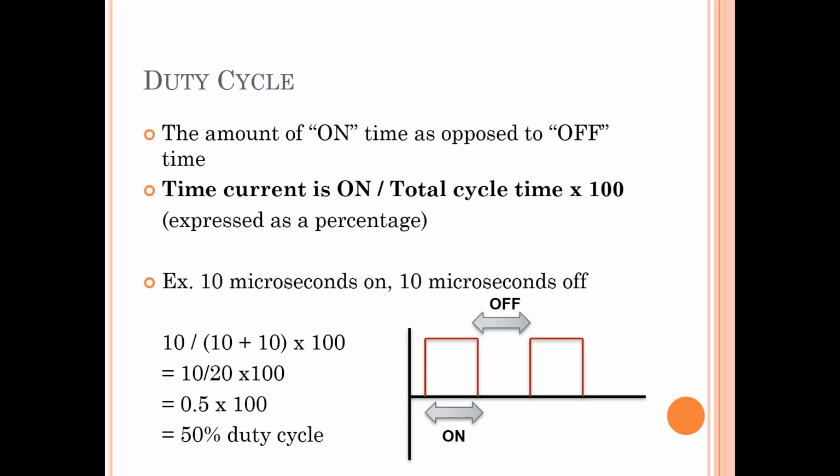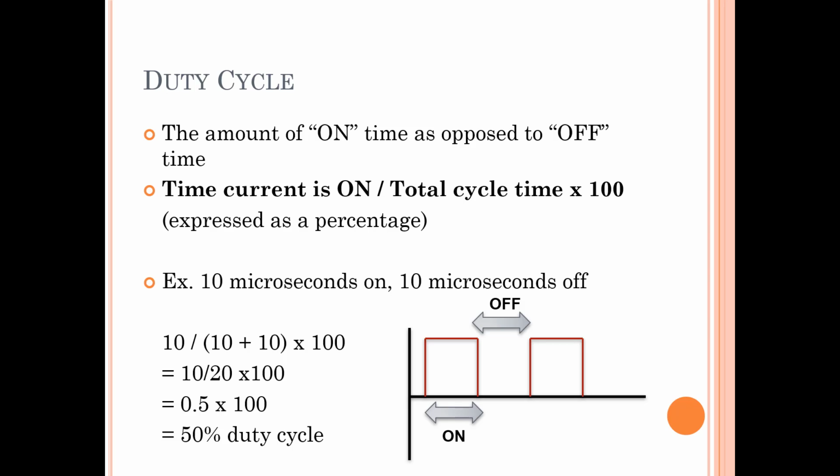Some modality settings have what is called a duty cycle. A duty cycle is the percentage of time the current is flowing, also known as the pulse duration, over one pulse period or the total cycle time. Thus, current with an on time of 10 microseconds and an off time of 10 microseconds would have a 50%